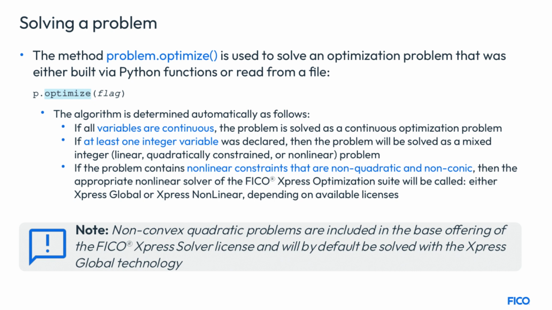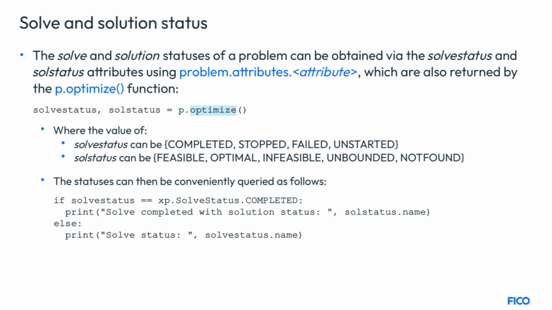If all variables are continuous, the problem is solved as a continuous optimization problem using our LP solver. Problems that are linear or quadratically constrained containing integer variables will be solved by the MIP solver. In case the problem contains non-quadratic, non-conic, nonlinear constraints, Express Global or Express Nonlinear will be used depending on the licenses available. The problem.optimize function returns both the solve and solution statuses of the optimization run, which can also be